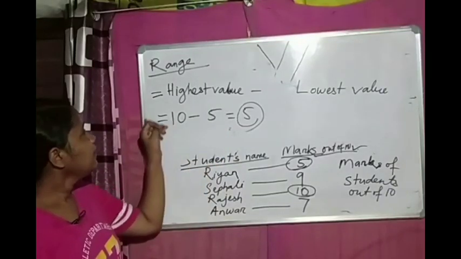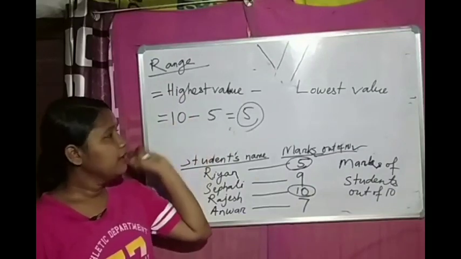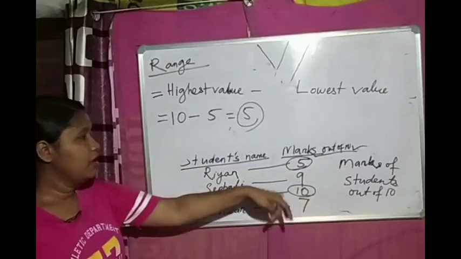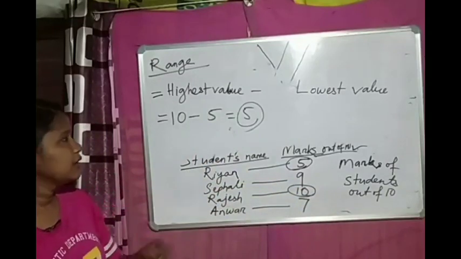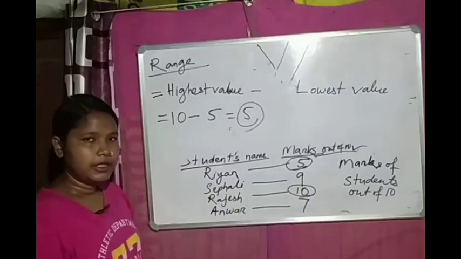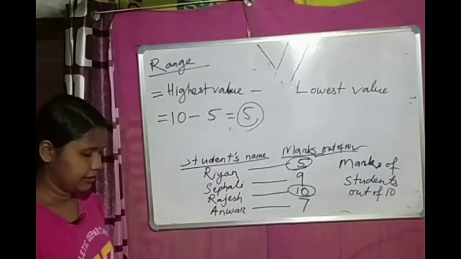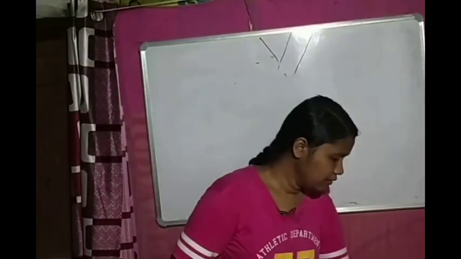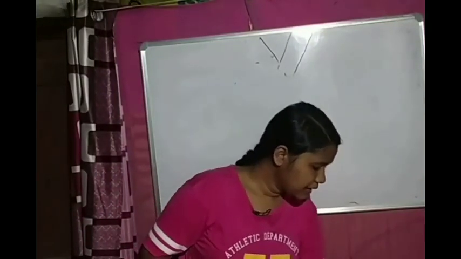So this is about the arithmetic mean, which presents the data as a common representative of an observation or group of data. Then the range is the difference between the highest and lowest value. You can find the arithmetic mean and the range using these formulas. Let's do some examples. First we'll do an arithmetic mean example.